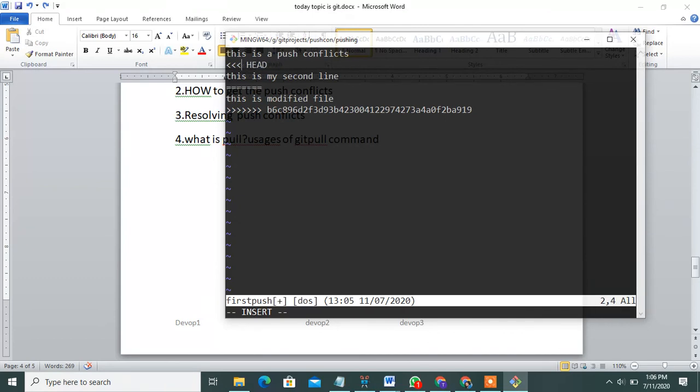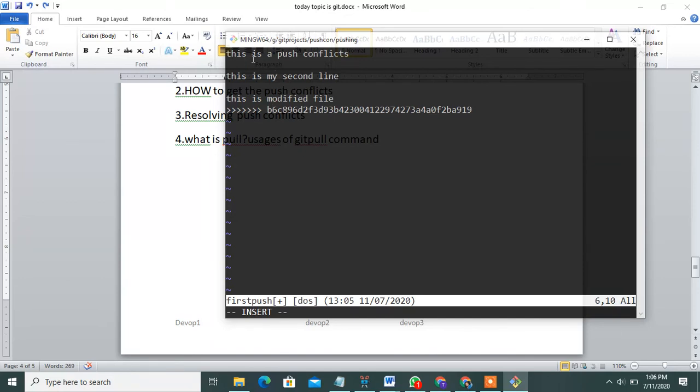Then remove this, and this also. So this is a commit ID. Okay, I will show what the commit ID is in the tagging section. Under tagging we can discuss it in detail.